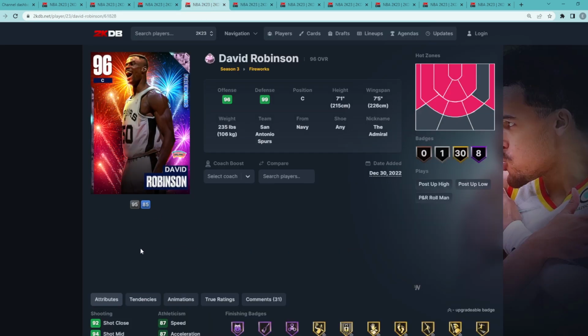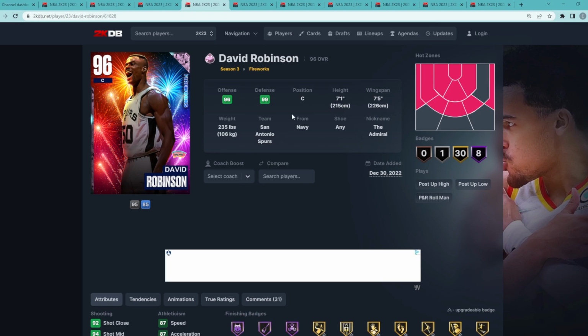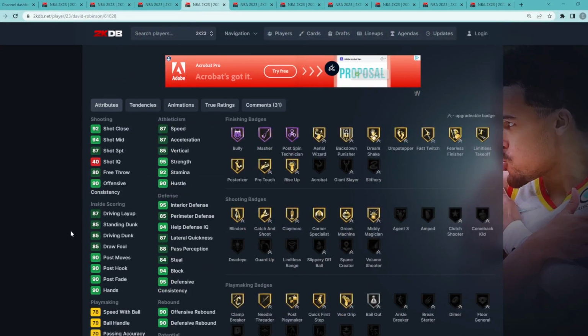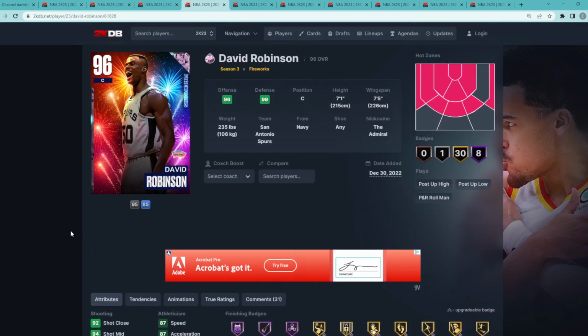But coming in at my number 4 spot is going to be the best center in the game, and that is going to be Pink Diamond David Robinson. He's a center, 7'1" with a 7'5" wingspan. I mean, this card for his position is just so much better than the next best guy. Like, Kareem I still think is really good and probably the second best center in the game, but I think D-Rob is kind of a tier above a guy like Kareem, maybe even 2 tiers above, because he's just so much better,